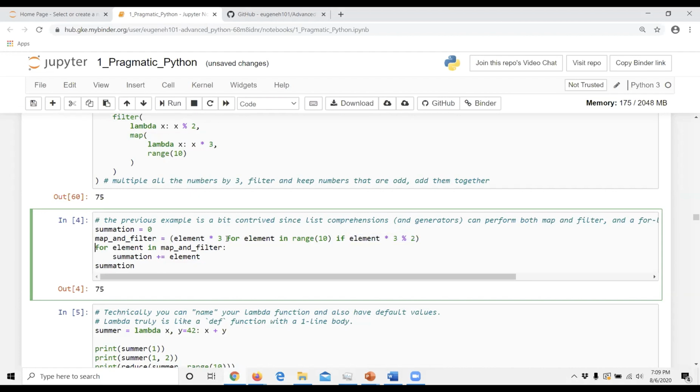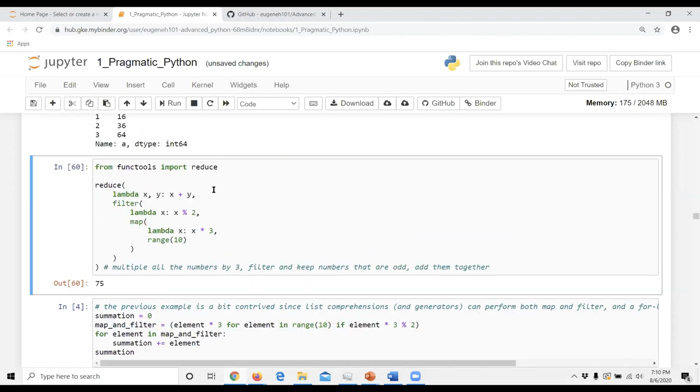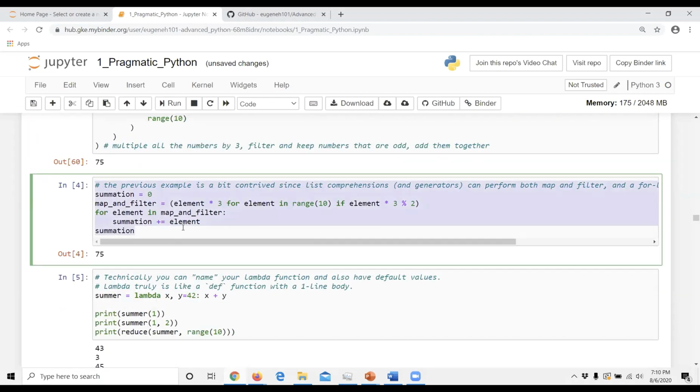But a list comprehension cannot do an accumulation natively. So you just do an accumulator here, and then you're looping through the elements and getting this summation. So in functional programming, it would look like this. In procedural programming, it would look like this.